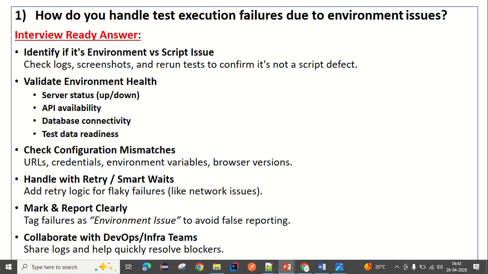How do you handle test execution failures due to the environment issues? The interview ready answer you can provide them: identify if it's an environment versus a script issue by checking the logs, screenshots, and by rerunning the test to confirm it's not a script defect. Then validate the environment health: check if the status of the server is up or down, check if the API is available, check the connection with the database, and ensure the test data readiness. And then